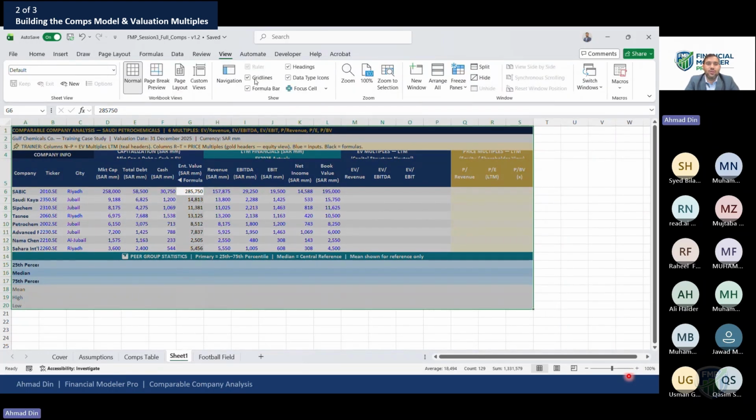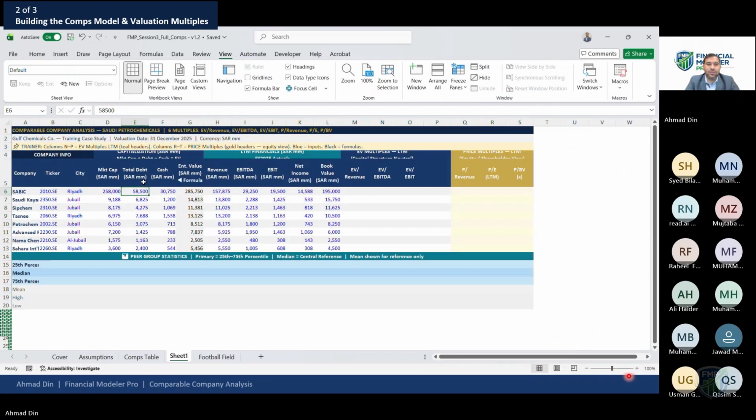View, there was some error in the tab. So